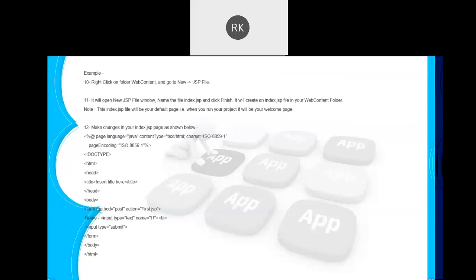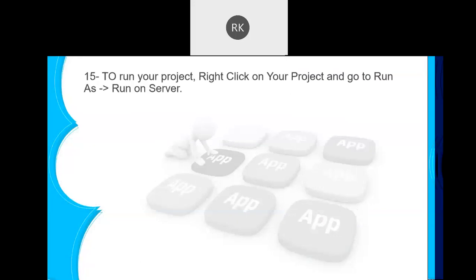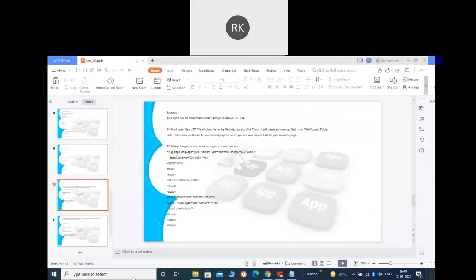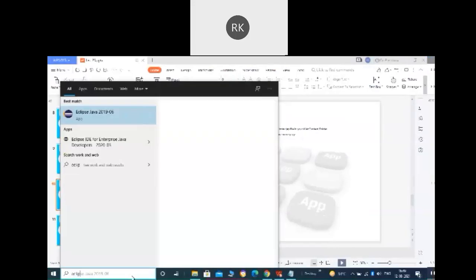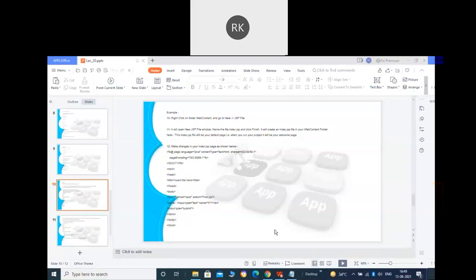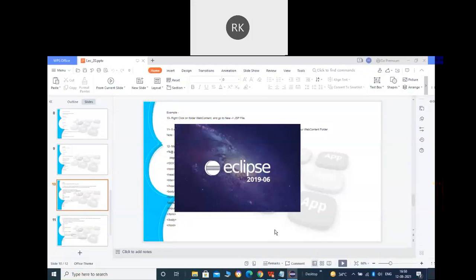All right, now let's see the first program of JSP. It is going to be a very basic program. Let me open Eclipse. Remember, your web project is going to be a combination of servlet and JSP. As I told you, if you observe that your web page will require more HTML and less Java, then go for JSP. Otherwise, go for servlet. It's totally up to you.